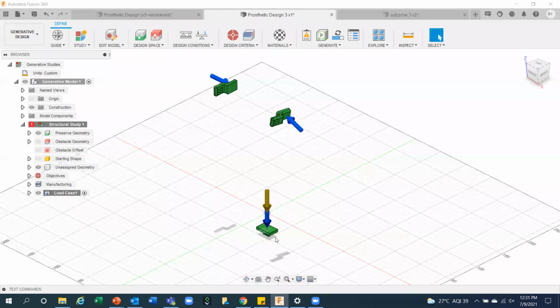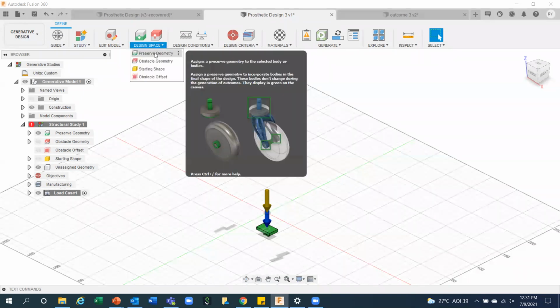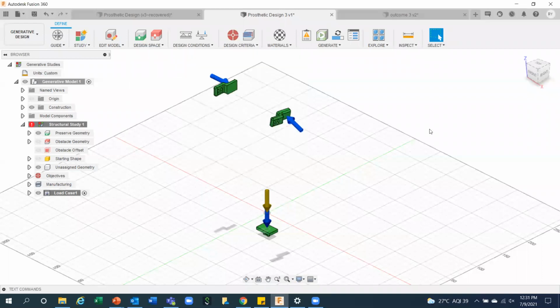Whatever the design change software can suggest is the overall outer shape, because my hooks are going to attach and the base is already going to attach to the other component. So this 3 body I have already made it preserve. I do not want to touch these 3 bodies while getting the outcomes. So you need to define preserve bodies. So these 3 bodies I have already defined.